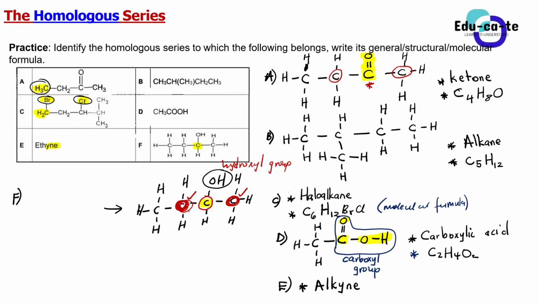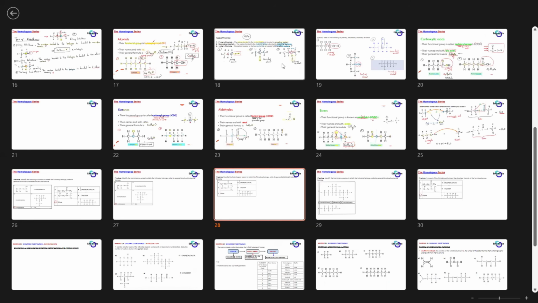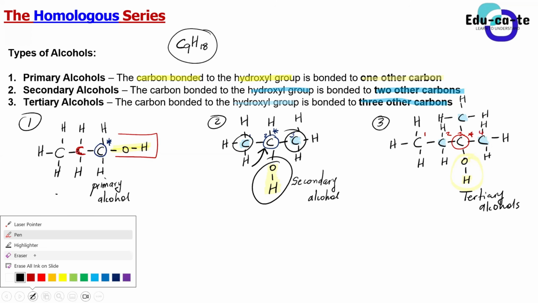Oh, okay, sir. I thought that for a type of alcohol to be secondary, it needs to have a branch. No, but now I understand, sir. The way I defined it when we did alcohols and examples, I told you to focus on the carbon bonded to the OH group. In a secondary alcohol, the carbon bonded to the OH group is bonded to two other carbons. Are we together?